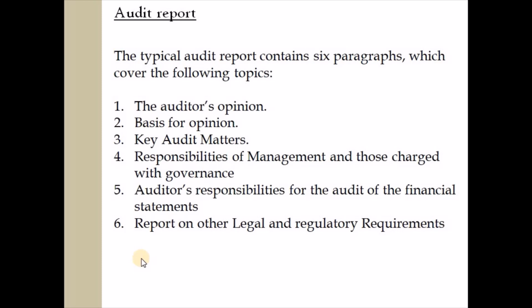Second, basis for opinion. Third, key audit matters. Number 4, responsibilities of management and those charged with governance. Fifth, auditor's responsibilities for the audit of the financial statements. Then, sixth, report on other legal and regulatory requirements. Usually, what is placed in this sixth part is compliance with the BIR, certain lines there